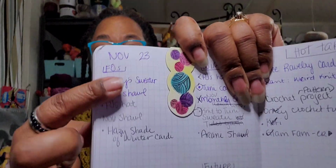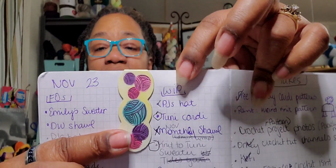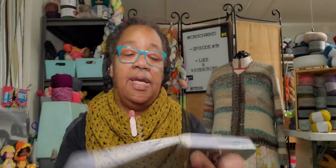Normally I just write everything down right before I go to film the video. So it's kind of neat to see how everything went from here, and it's got little arrows to direct me over to this side where it goes from, whoops, here we go, from the WIP side to the FO side. Okay, so on my WIPs list currently,